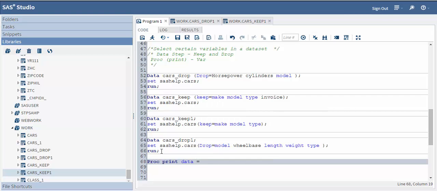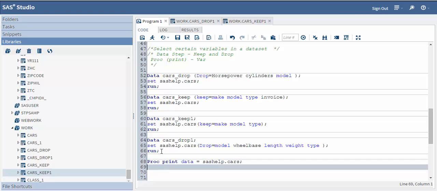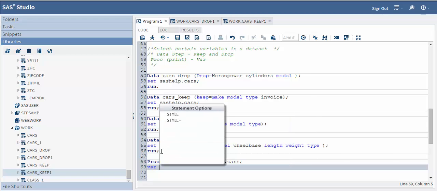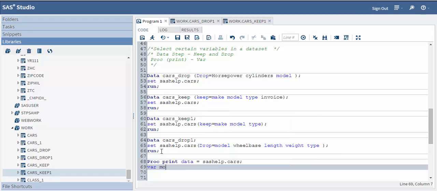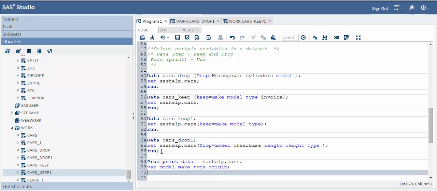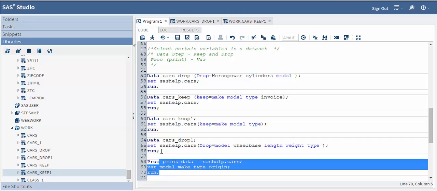So proc print data equals the dataset sashelp.cars, right? And then I use a var statement. So let's say model, make, type, origin. These are the variables that I'm specifying in my var statement. So when I select this and run this code,